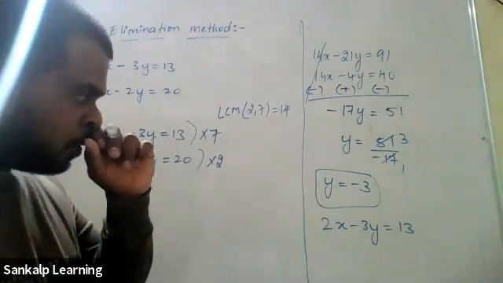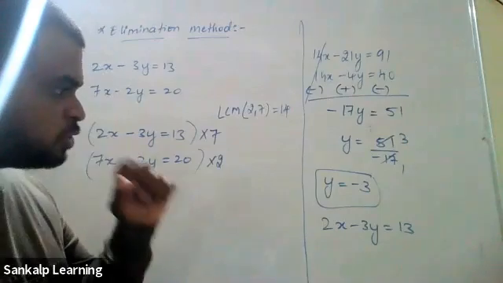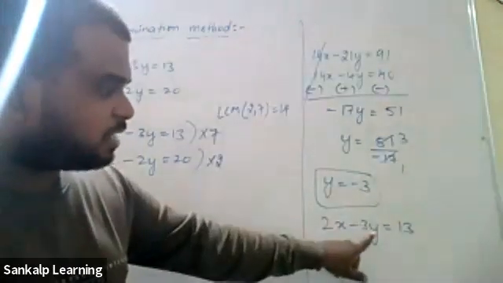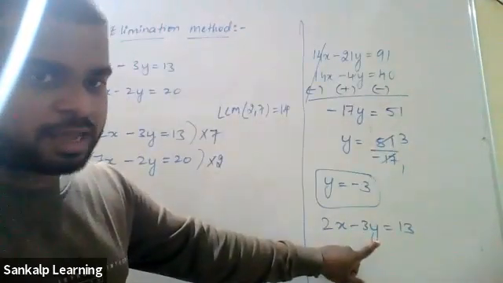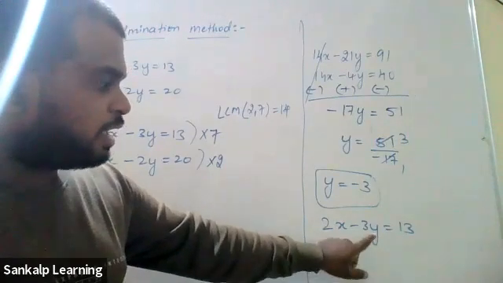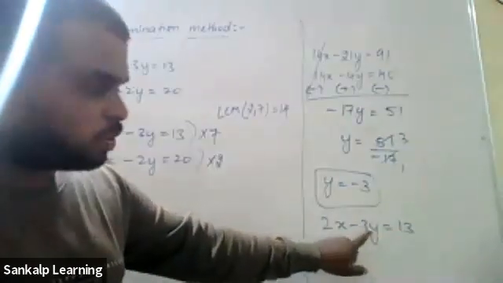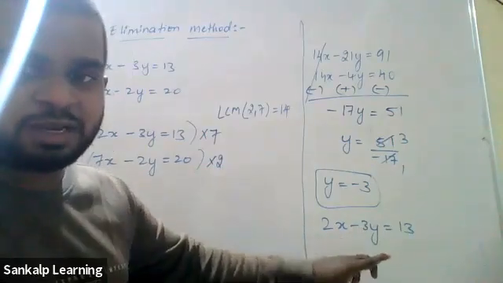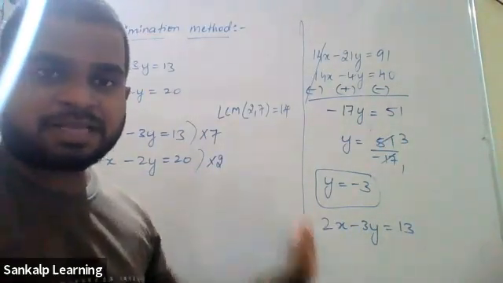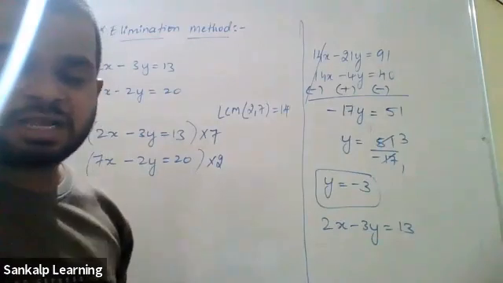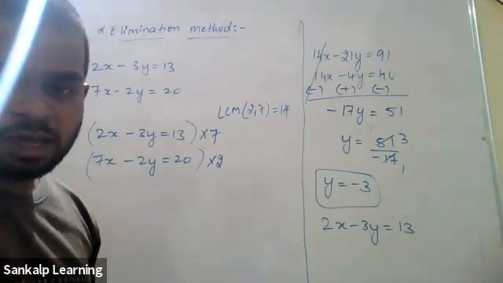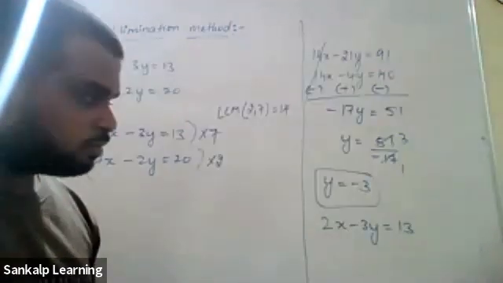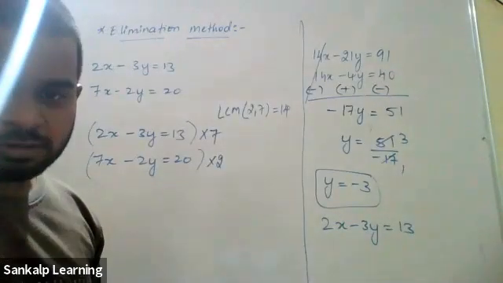Just check it out. How come you are getting 11? Sir, you are making a mistake. It is minus 3, right? Sir, x equals 2. Yes, x equal to 2 is correct. In place of y you are putting minus 3, so here already there is a minus outside. Minus 3 into minus 3 is plus 9. If you transpose that plus 9 to that side, it becomes minus 9. Sir, is the answer 2? Yeah, the answer is 2. Very good.